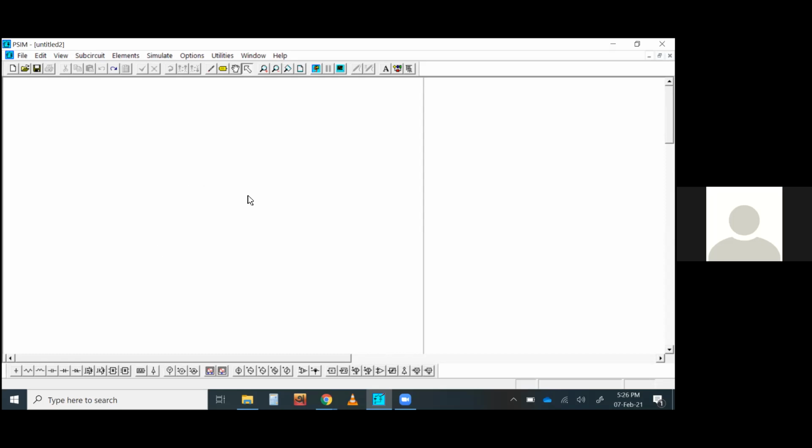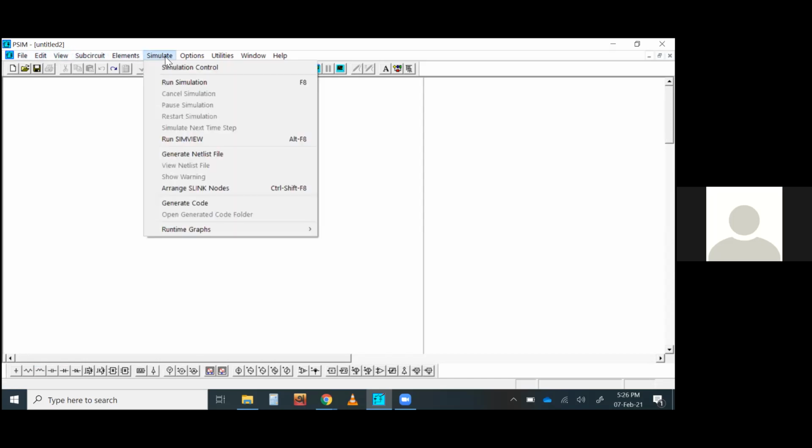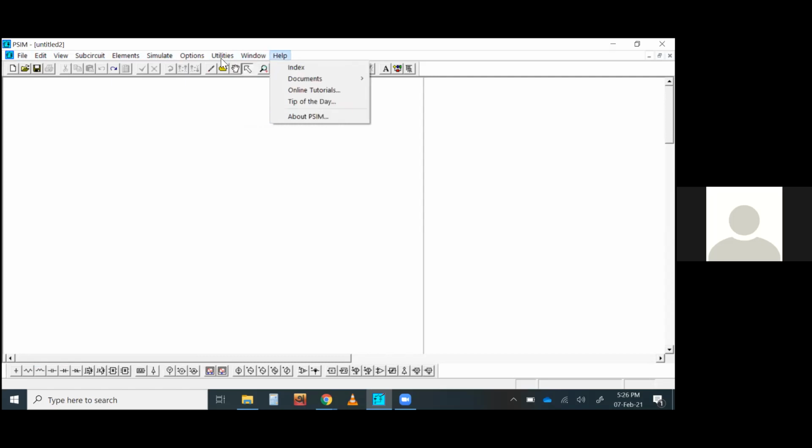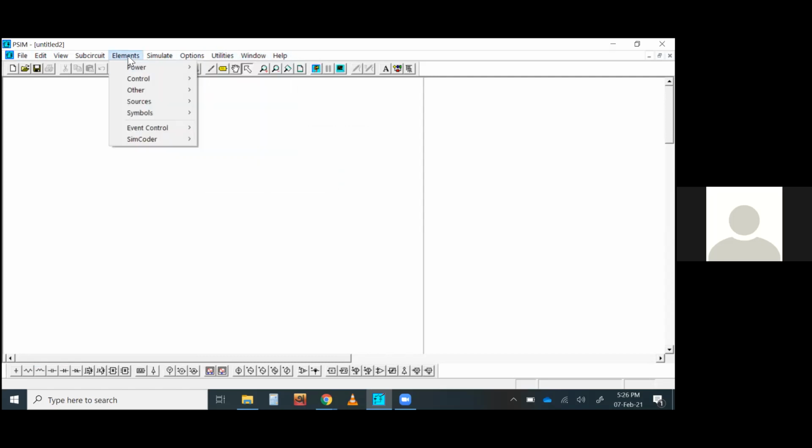So how to design a circuit in PCM? You can see here all the menus and tabs, very conventional ones. You can find all the modules under this Element tab.